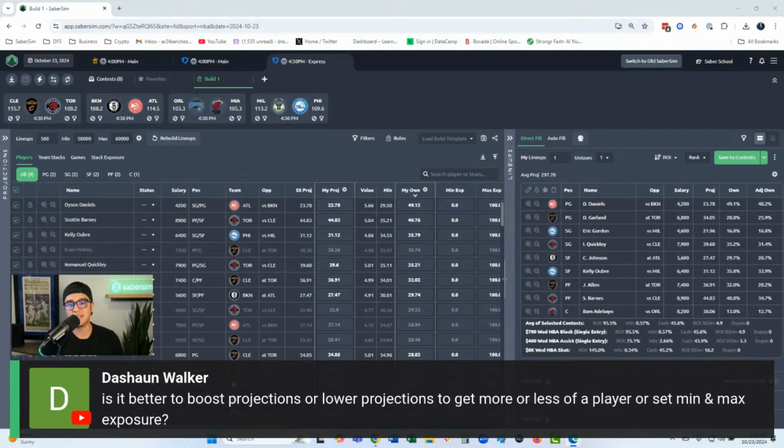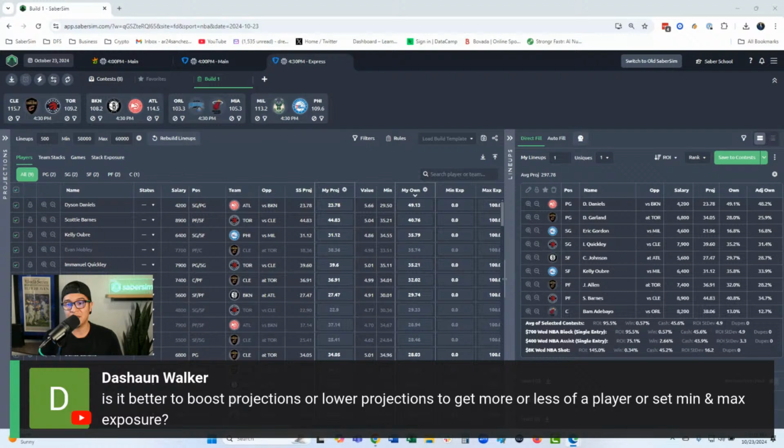If you just have opinions about, hey, I think this player is going to play more, I think this player is going to do better, but I'm not tied or tethered to any one number as far as how much of them I want in a lineup, then in that case, projection adjustments can be better, because you're giving SaberSim an input saying, hey, I think this is the actual projection or number that I think should be analyzed. Take this number and give me the exposures based on this input. And that way, you're being a little bit more hands off. You're letting the builder take in that data and be like, okay, well, if this is the projection, then I think you should play this player at this rate in this many lineups, right?